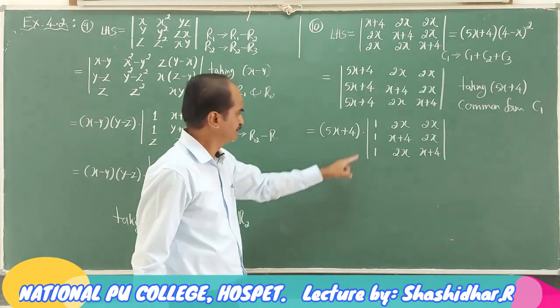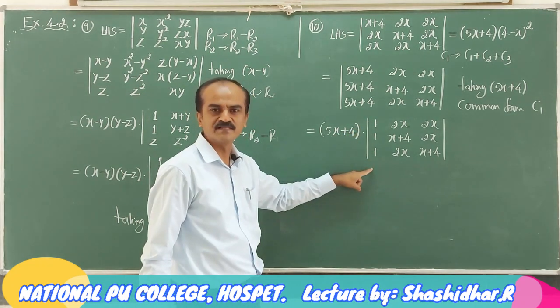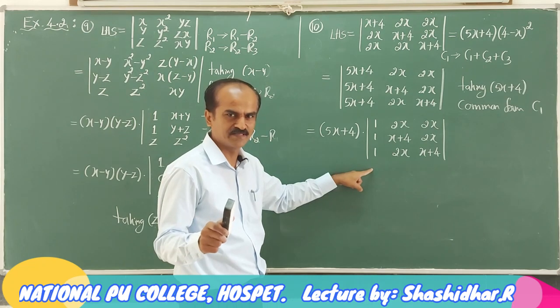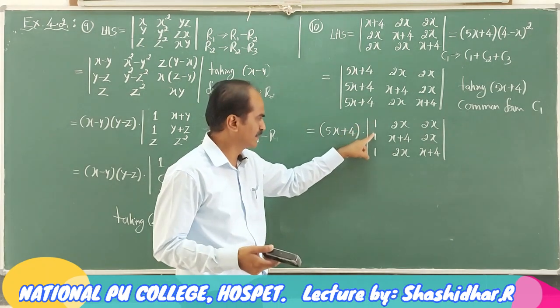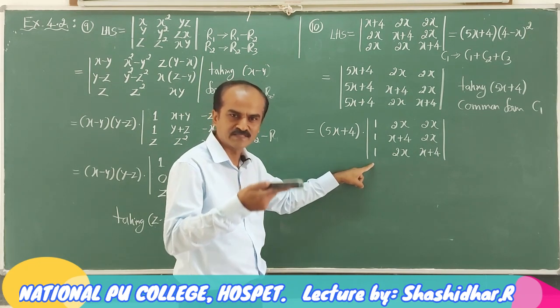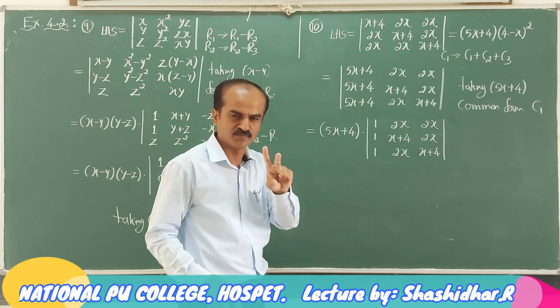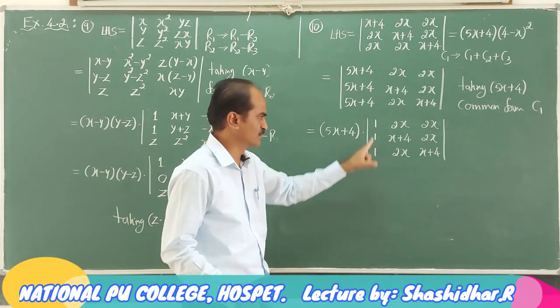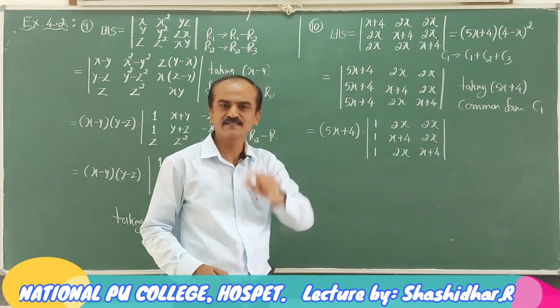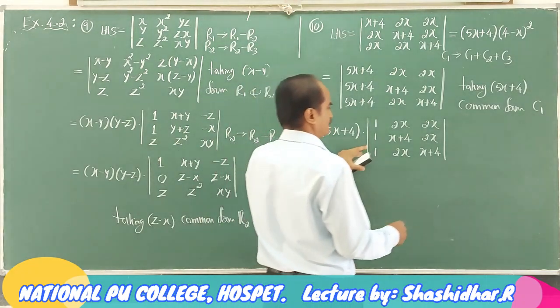Observe again, look at the first column elements, they are all 1. We already came across this kind of situation. Whenever all entries in any one column are equal to 1, go for row wise subtraction. Two advantages. One is you will get zeros. As well, you will get the required factor 4 minus x. That is guaranteed.